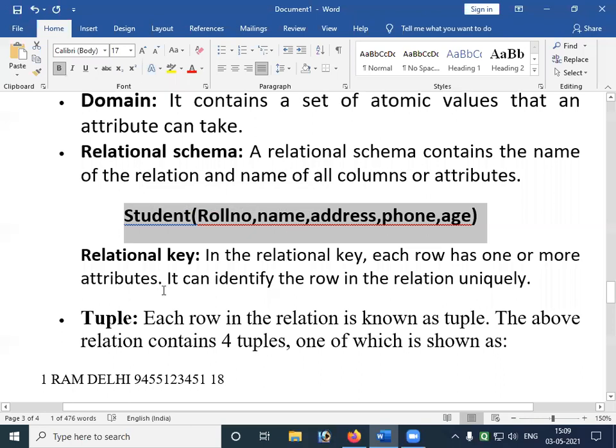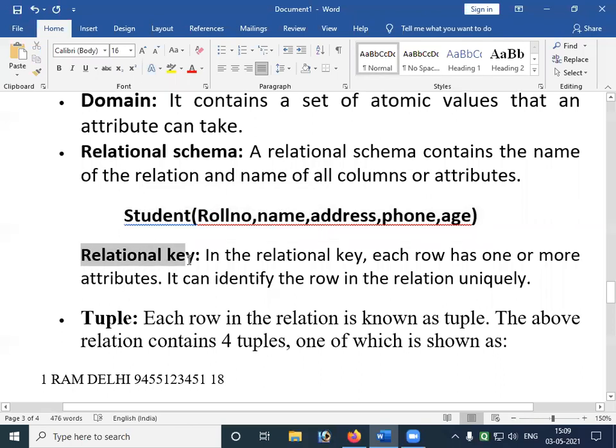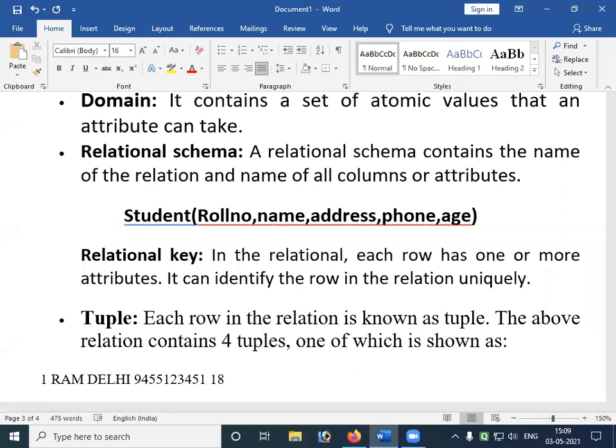Now, what do you mean by relational key? In a relation, each row has one or more attributes.